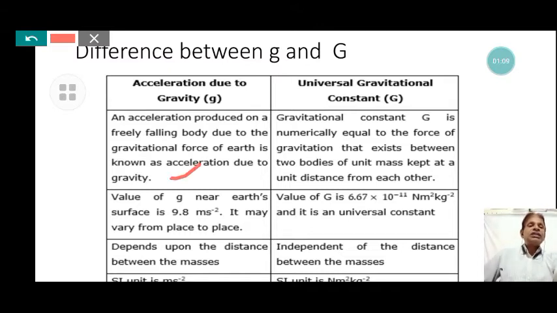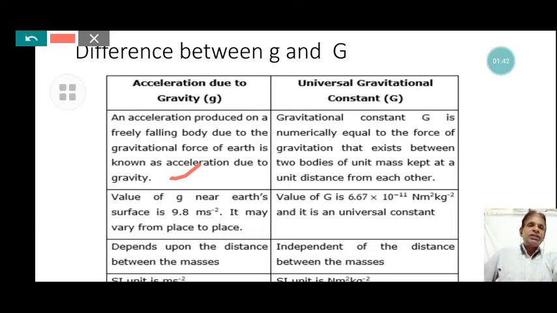The gravitational constant G is numerically equal to the force of gravitation that exists between two bodies of unit mass, that is 1 kg, kept at a distance of 1 meter from each other. When two objects of mass 1 kg are kept at a distance of 1 meter, the gravitational force exerted between them